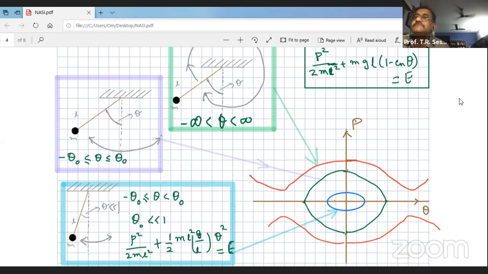Once I do that, I can substitute it there, and then 1 and minus 1 will cancel, and I will get the equation which I have written here if I keep only till theta square. That is P square by 2 ml square plus 1/2 ml square into g by l times theta square equal to E. Of course, there will be higher order terms because cos theta is an infinite series. But because of the approximation I have used, that theta naught is much less than 1,